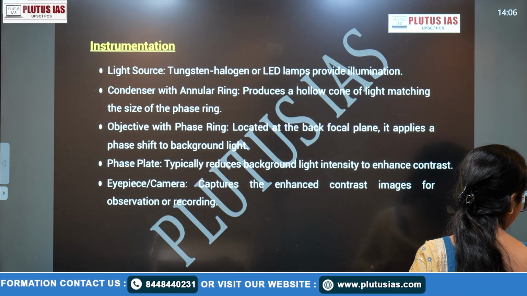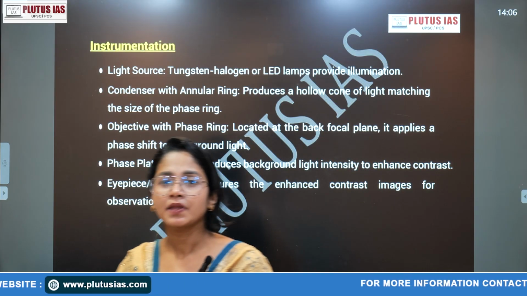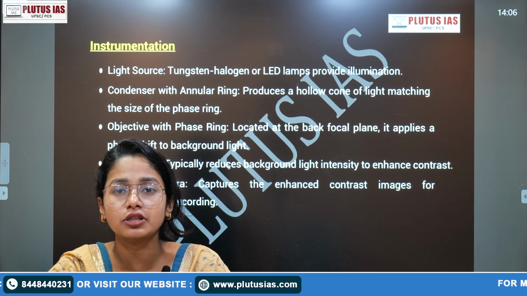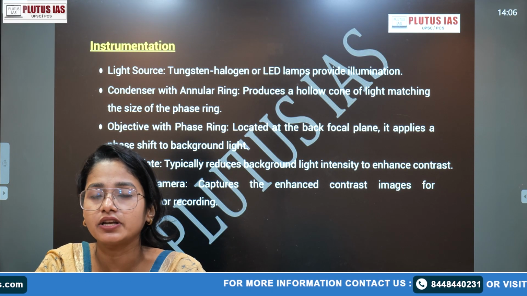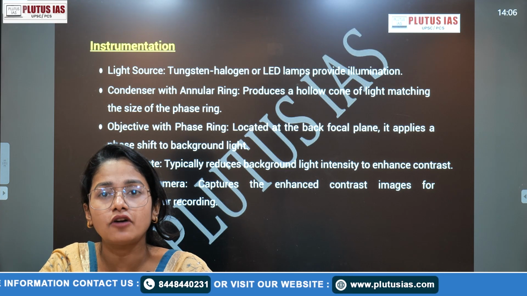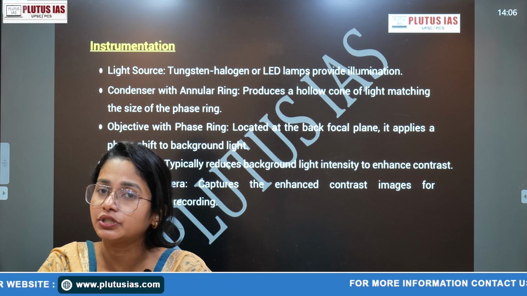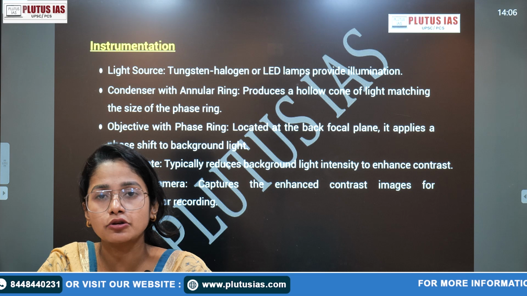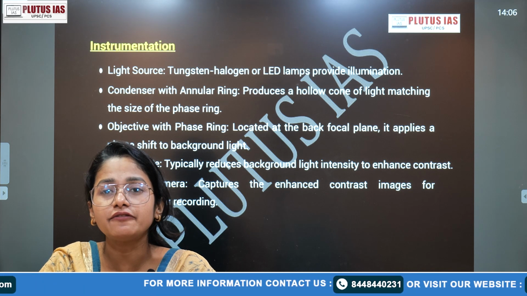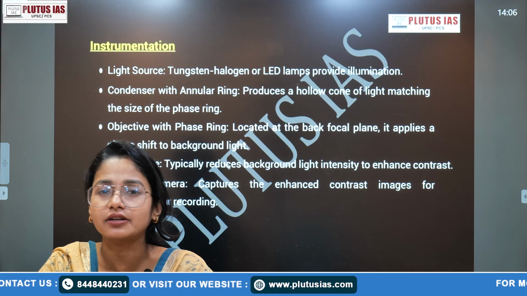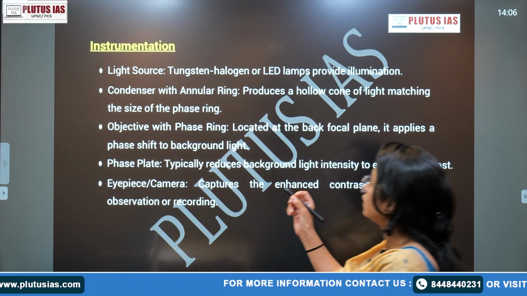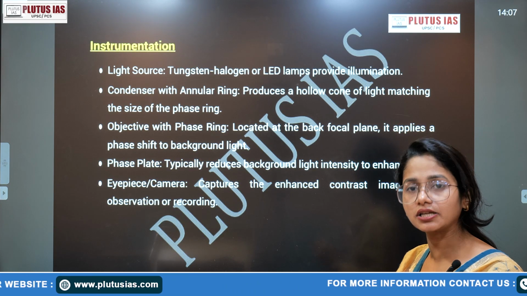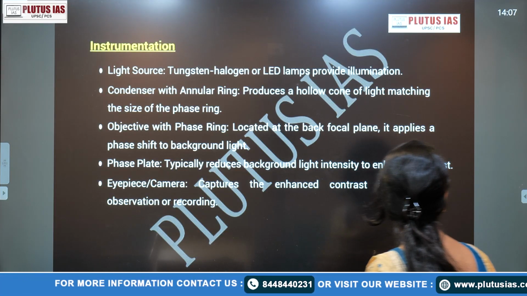Okay, here I just want to say one thing. This is a short kind of video, but if I were explaining this in class, first I would tell whatever the interference and the characteristics of the light are, as already mentioned here. First you need to understand that, because here we are only talking about the concept related to phase contrast microscopy, so we are not going to discuss much about the physical phenomena of light, such as interference or scattering. Fine. Do not think of it only as a concept; you have to understand all of the physical characteristics of the light also. What are the instrumentation? First we need to see the structure.